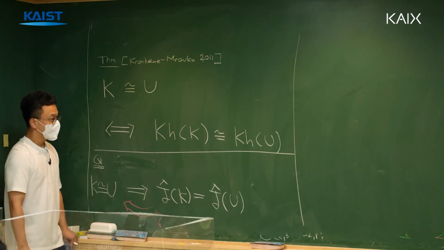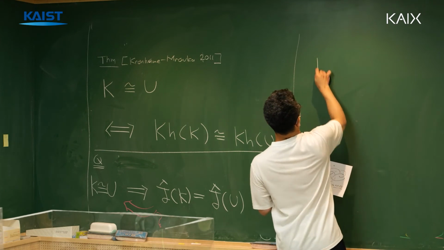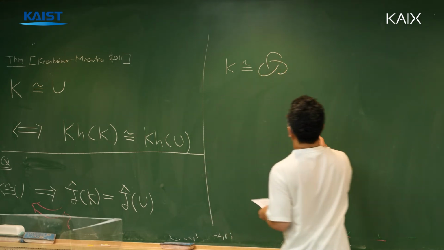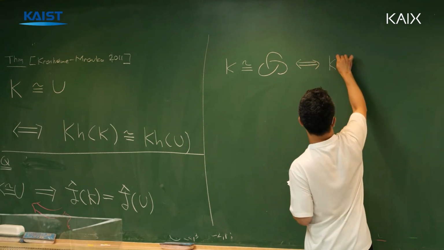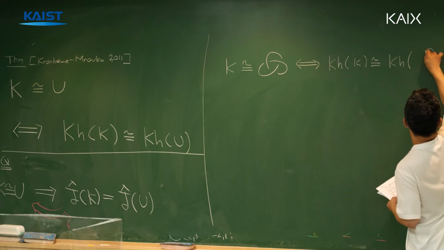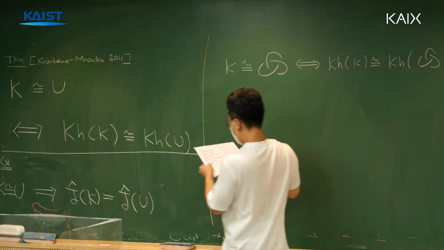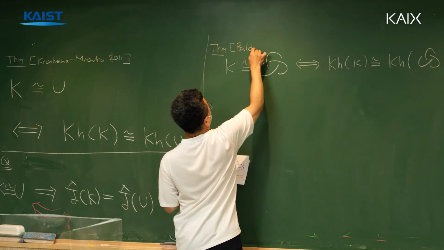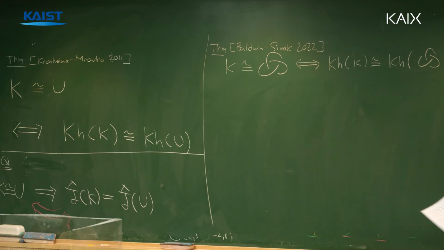But in a slightly different direction, we know that if K is a trefoil, so if you have a knot that looks like this, we also know that Khovanov homology detects the trefoil. So Khovanov homology of a knot is isomorphic to Khovanov homology of a trefoil if and only if the knot itself is a trefoil. So this is done by Baldwin and Sivek in 2022. So you see that these results are quite recent,